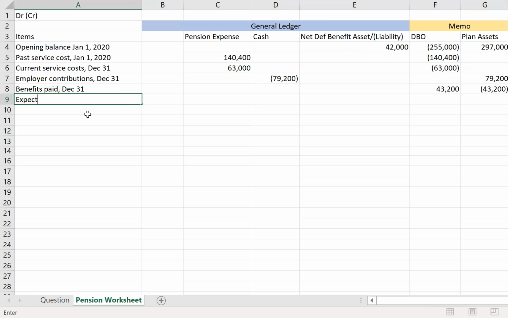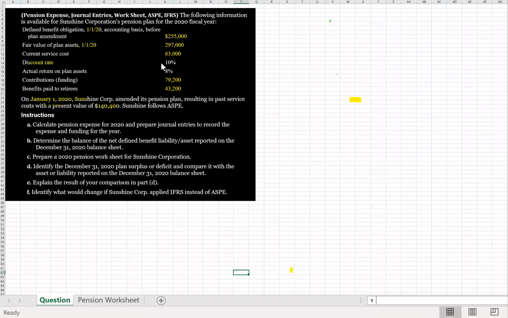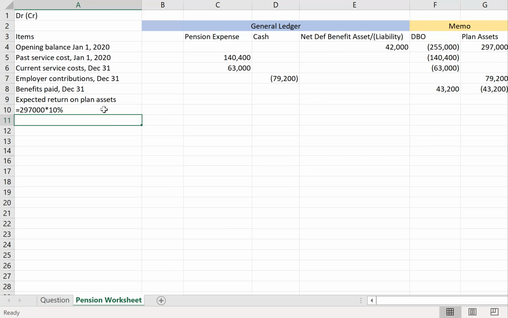So let's calculate the expected return on plan assets. This calculation is going to be 297,000, which is the balance of the plan assets right here, times 10%, which is where we're getting the 10% from, right here, this discount rate. And this is going to decrease our pension expense